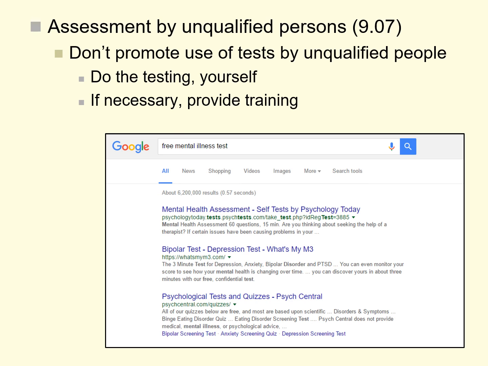However, they are called psychometrists, by the way, and we need to be very careful about providing the appropriate level of training and instruction for anyone who's going to administer tests other than ourselves. Ideally, we should be the ones administering the tests and interpreting the results. We shouldn't be encouraging other people who may not have the qualifications to do the testing for us.